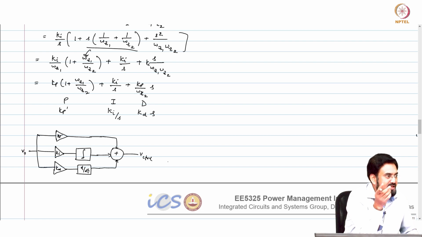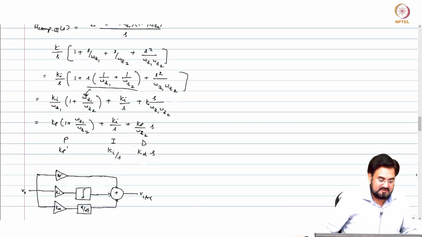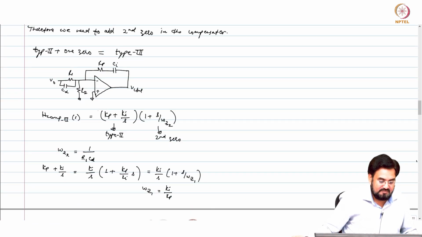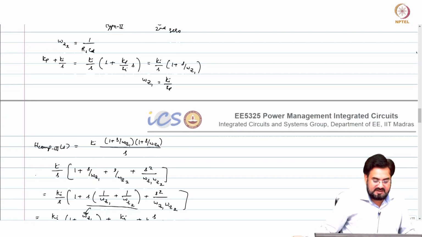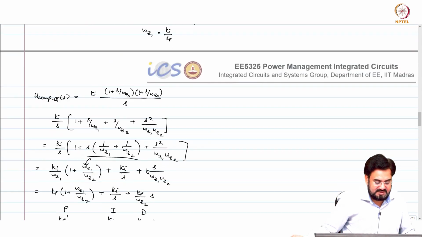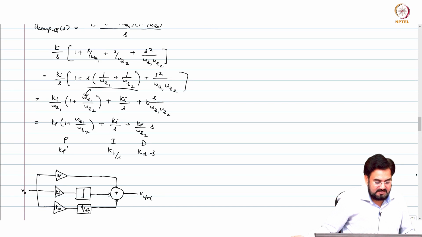And then your proportional gain and integral gain both, if you look at the resistor here, which is changing the second zero, the R1 will change your integral gain also. So, Ki is coupled with everywhere, and that is why you are getting Ki in all the 3 terms here. If you look here, Ki.